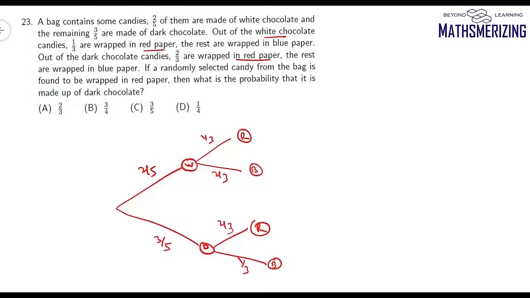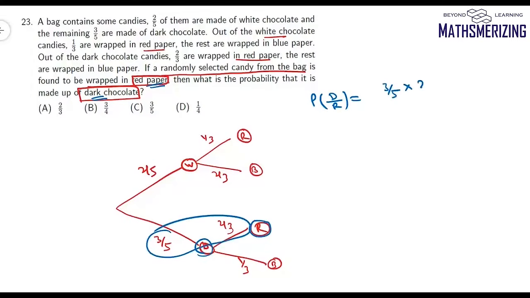Now it says if a randomly selected candy from the bag is found to be wrapped in red paper, then what is the probability that it is made up of dark chocolate? So it is a Bayes theorem question. We need to find the probability that it is made up of dark chocolate when it is wrapped in red. So that means we need to find the probability that it is dark when it is wrapped in red. So we'll put the case when it is a dark chocolate with red paper in the numerator. So it will be simply